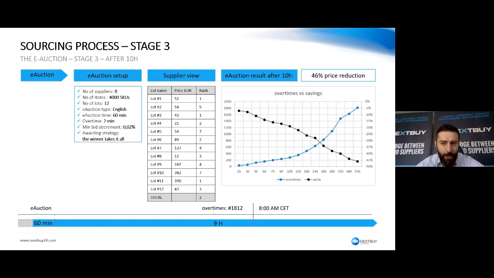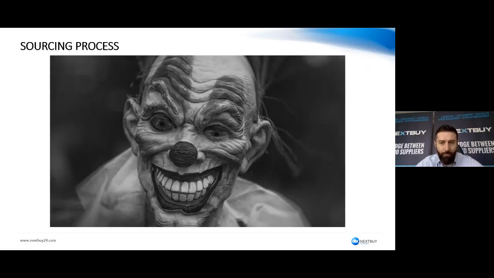Imagine if you're a supplier, the business is attractive to you, you want to win it, and then every couple of minutes you have to click, you have to click, you have to click. You might be thinking that maybe the bid decrement was too high or too low. It was all right. So where's the catch? Where's the problem? Why, after those 21 hours, did I feel like what you see on the screen right now? I was not super happy. I felt that something was just not right. What can go wrong if you have 46% savings on a commodity?